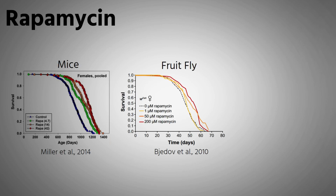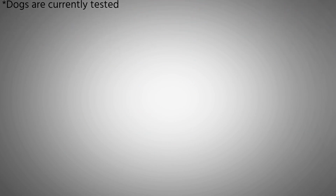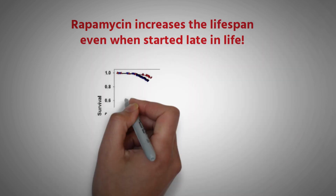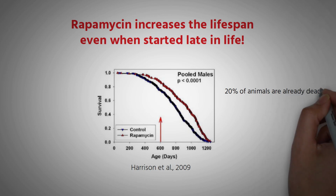Rapamycin is probably the best understood and the most studied one of these drugs. Rapamycin extends the lifespan of every organism it was tested in by around 20%. Even when started late in life, at the age of 20 months, which is equal to 60 years in humans, Rapamycin showed a clear longevity benefit, which is an amazing result, as by the time the treatment started, about 20%